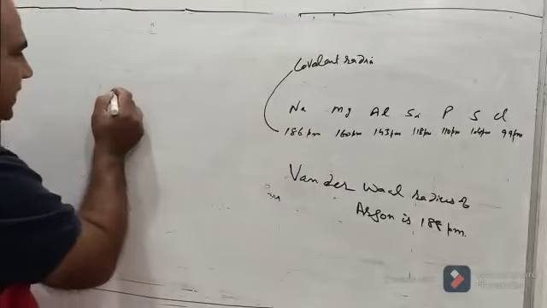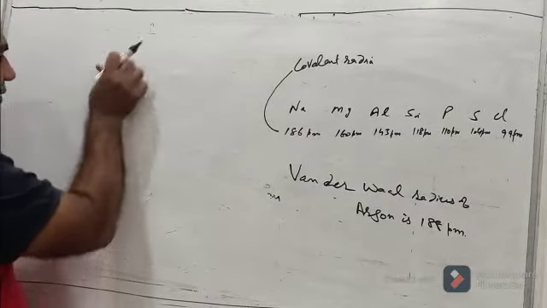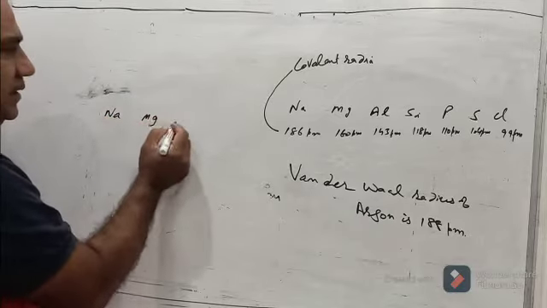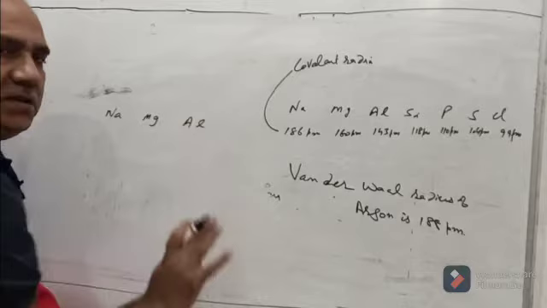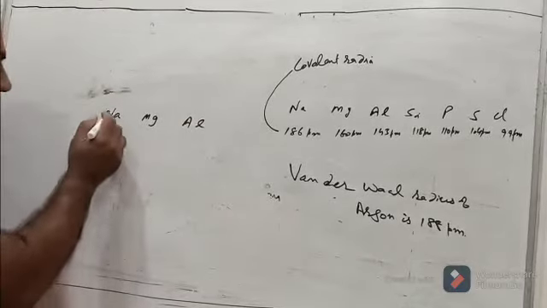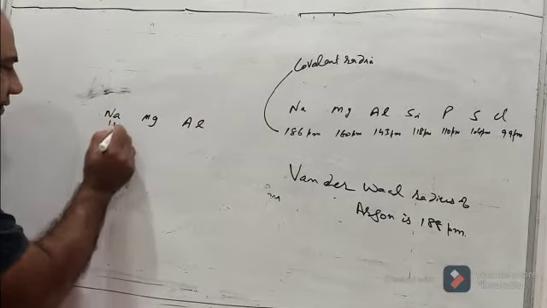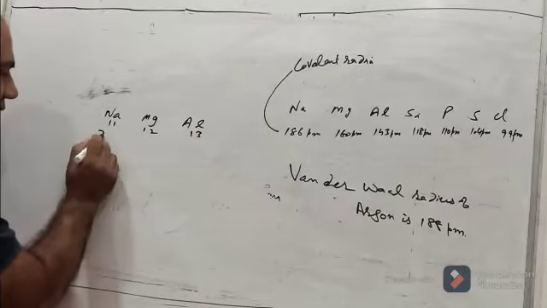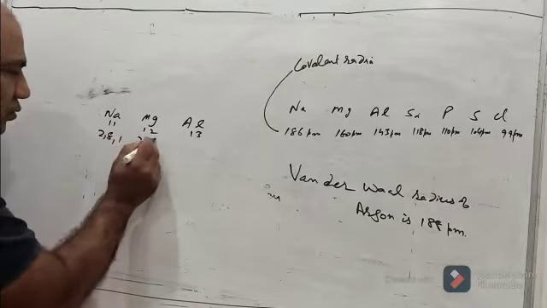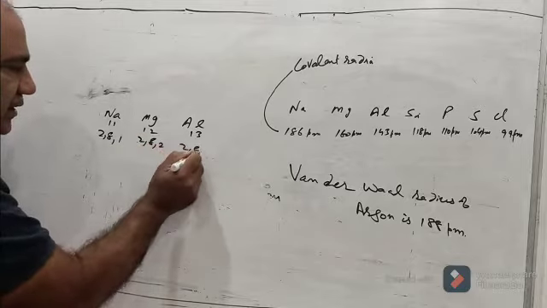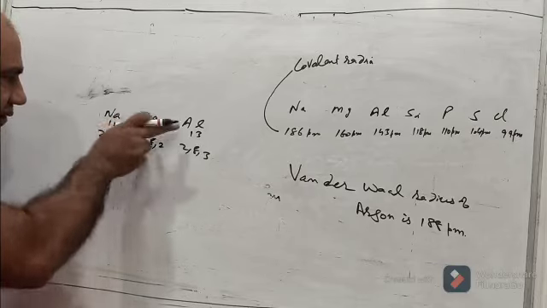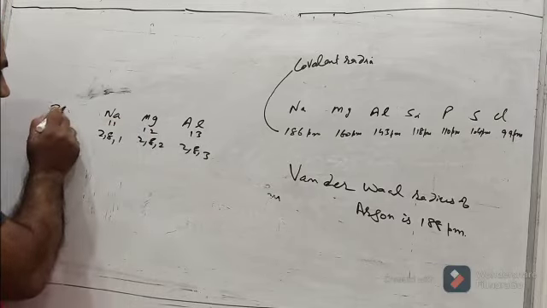I will once again write here, I have written sodium, here it is magnesium, and here it is aluminum. We will take only 3 cases just to understand. Here the atomic number is 11, for this 12, and for this 13. Electronic configuration is 2, 8 and 1, and 2, 8 and 2, and 2, 8 and 3. See, when you move across a period from left to right, and this is third period,